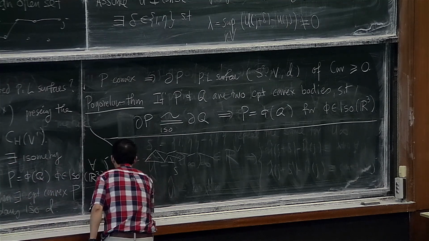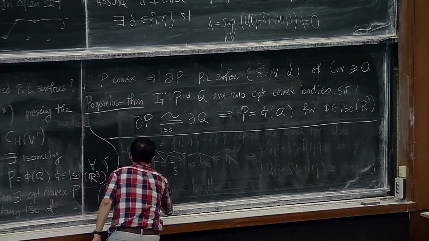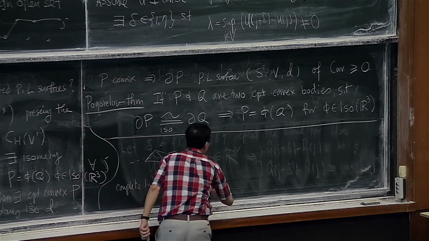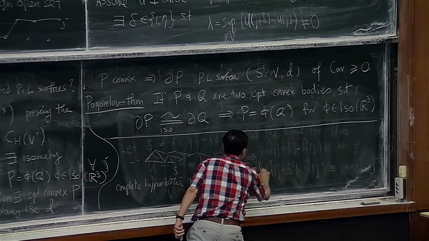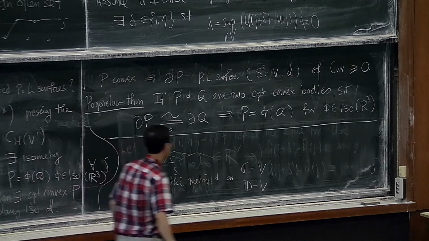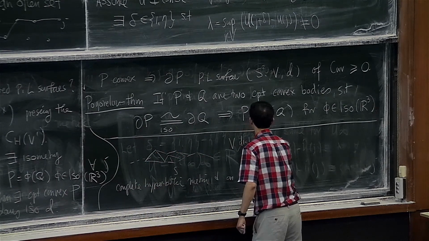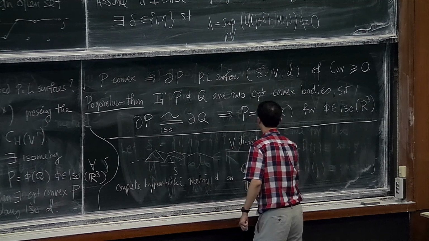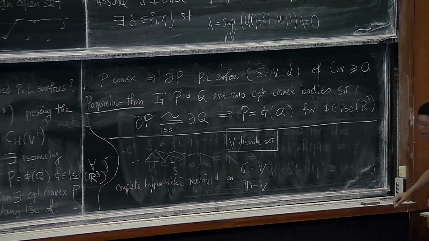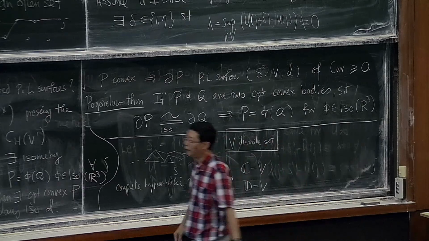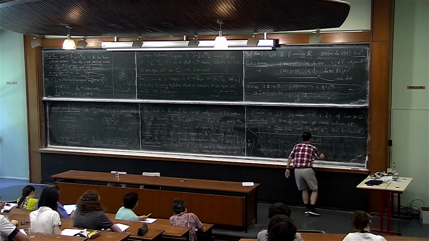So I give you a complete hyperbolic metric D on either the complex plane minus V or the unit disk minus a set, and V is a discrete set. And the discrete uniformization should predict that we can now make this flattened. This should be isometric to